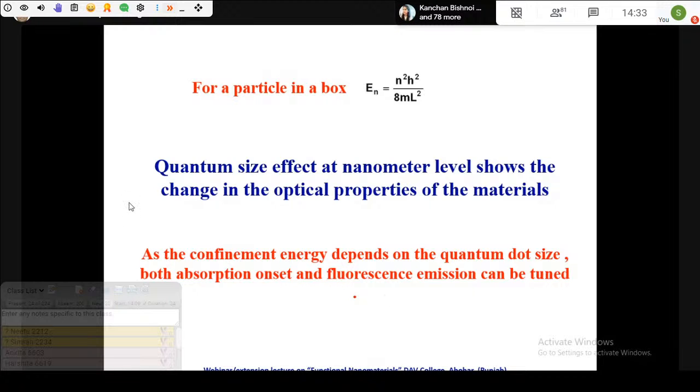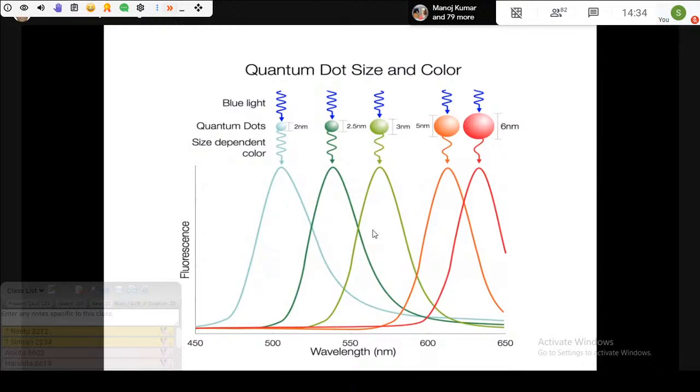So correlating that with the size, if we have particles of this size where we get the quantum size effect, then starting from 1 or 2 nanometers up to a few nanometers,